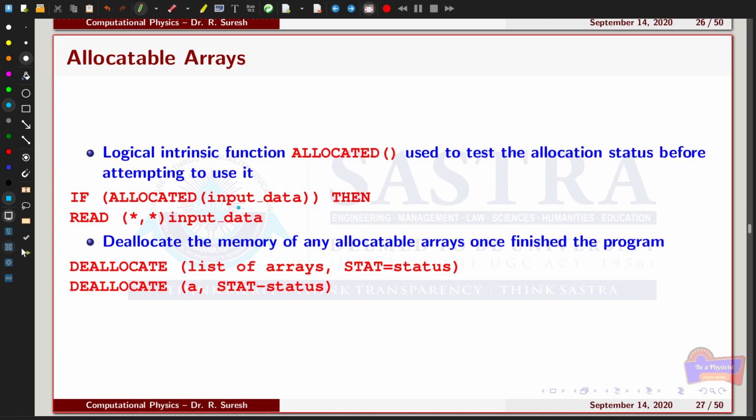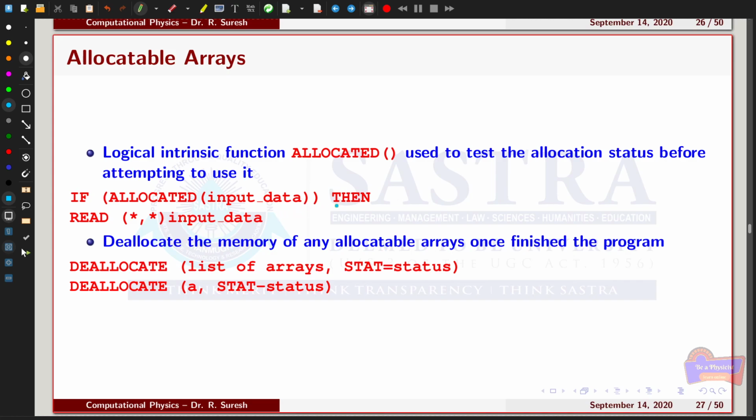For example, here you can see that the array is allocated. You check whether the allocated memory is already available in the computer memory, or else it will give you a compilation message that sufficient memory is not allocated for the array. If the allocated check is true, then it will read the data into the array.